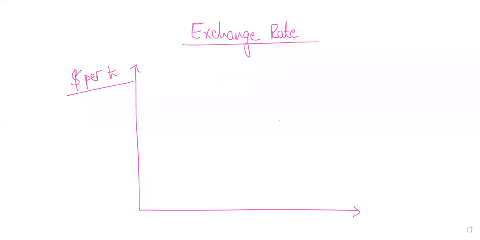So dollar per pound on the y-axis shows how many dollars you will be able to buy with each pound. I said that the second currency will be on the x-axis, so it will be the quantity of pounds on the x-axis. Students, are you getting me? So you will have dollar per pound on the y-axis and quantity of pounds on the x-axis. Now, what we will draw on this graph is basically,